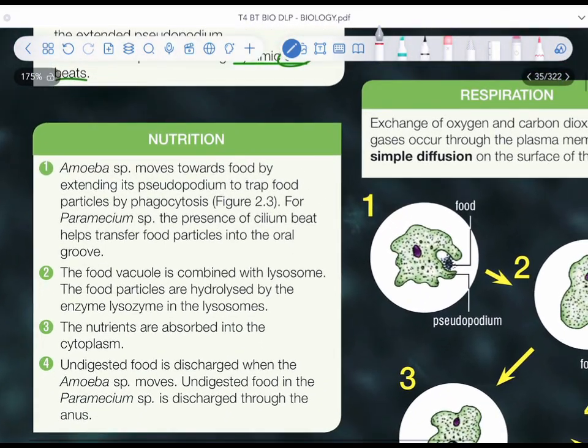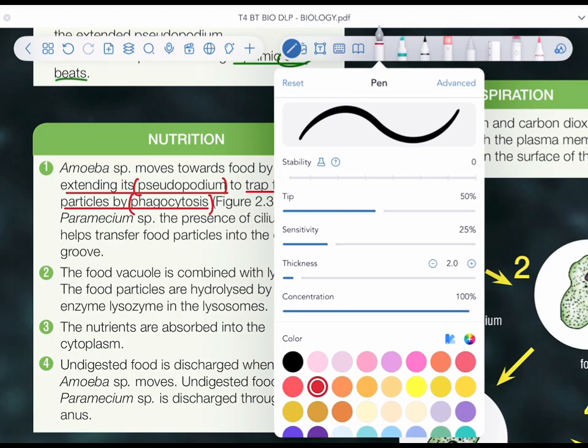And the third one is nutrition. So Amoeba species will move towards the food by extending its pseudopodium, as I mentioned just now. As long as the Amoeba species wants to move, it will extend its pseudopodium to trap the food particles by phagocytosis. Okay, meaning this phagocytosis is